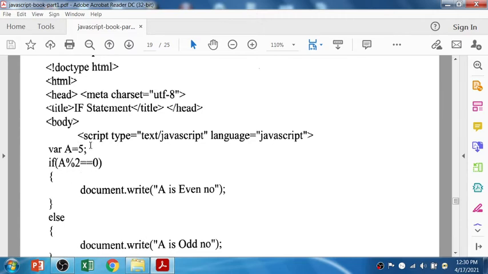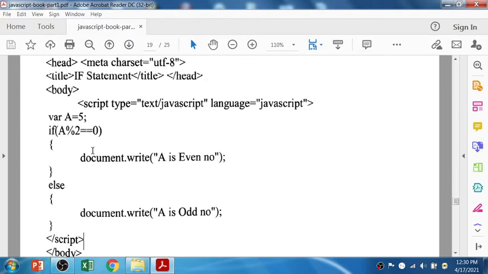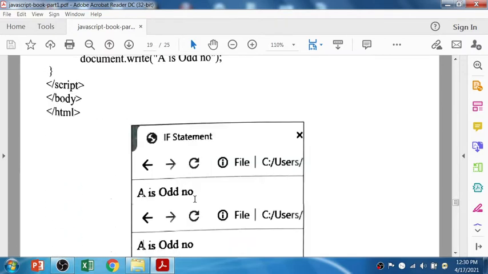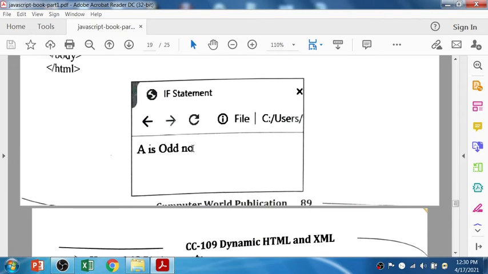If the remainder is 0, fine, so it is an even number. But if the remainder is not 0, it's an odd number. So 5 cannot be divided by 2 and the remainder cannot be 0, so a is an odd number, so the else statement will be printed on the screen, right? You can see a is odd number.